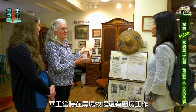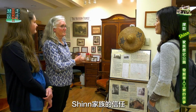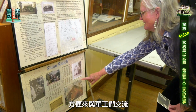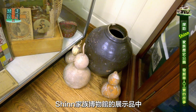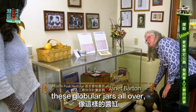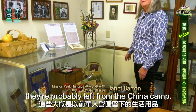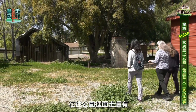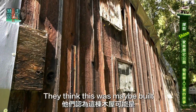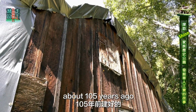fields. 华工当时在农场、牧场还有厨房工作，工资微薄，但刻苦耐劳，赢得了Shinn家族的信任，甚至家族成员中还有人去学中文，方便来与华工们交流。Shinn家族博物馆的展示品中也有当年华人留下的遗物。There are a lot of these globular jars all over, and I expect they're probably left from the China camp. 再往公园里面走，还有一栋华工当年住过的木造工寮。